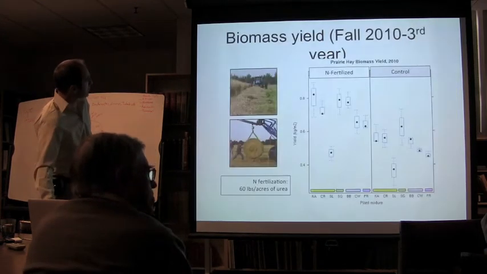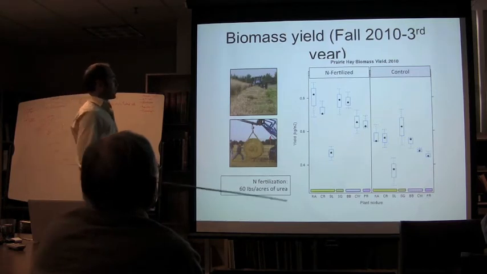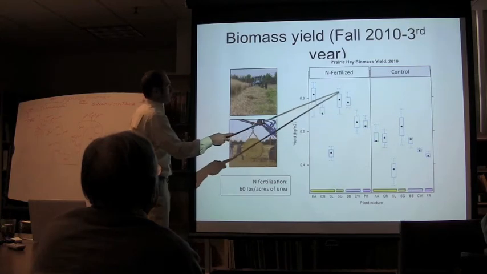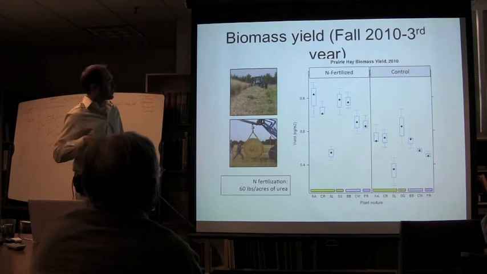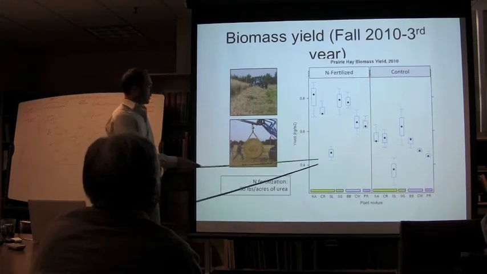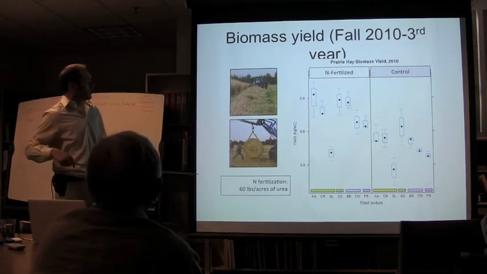And so we're finishing up the third year now, and the take-home message is the prairie plots did all right. The error bars overlap a bit with some of the others. Fertilizer helps a lot. That's not a big surprise, but it needed to be shown. The local type, which is what a lot of conservation groups would recommend, was the worst.